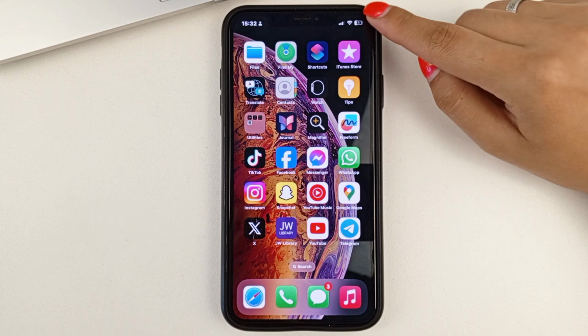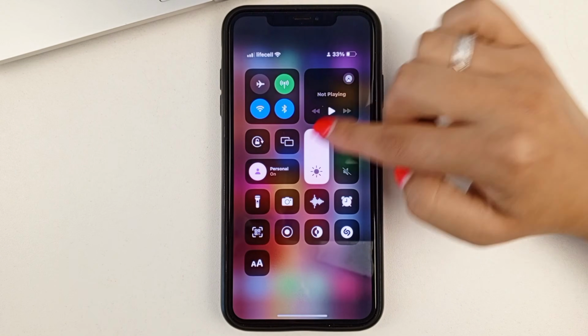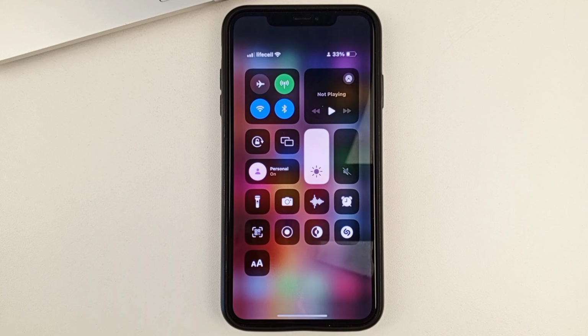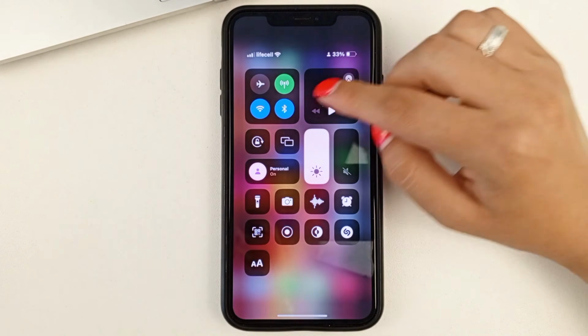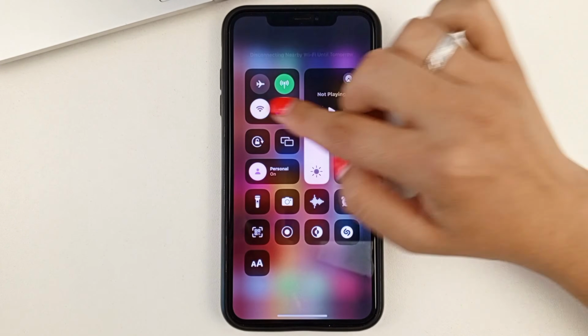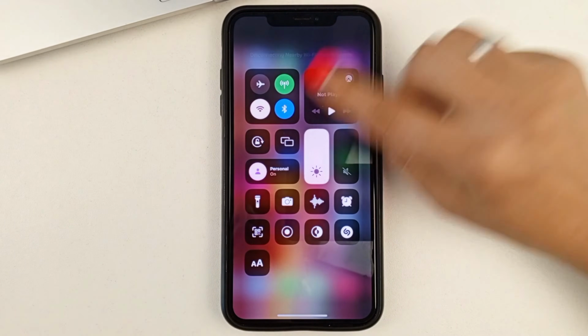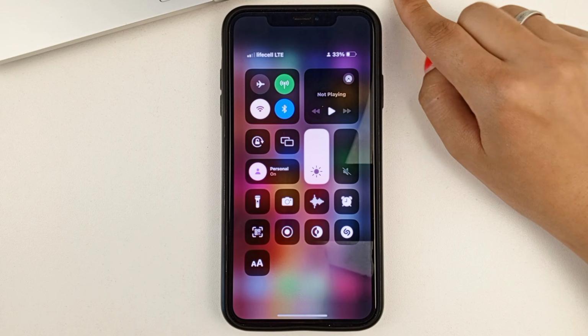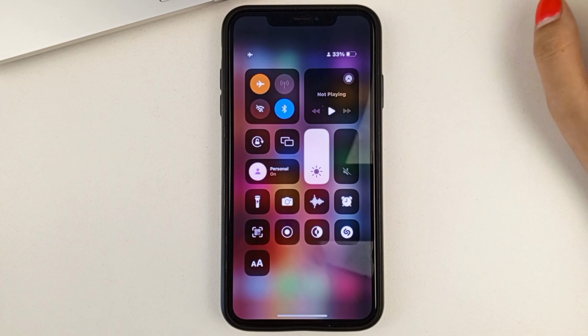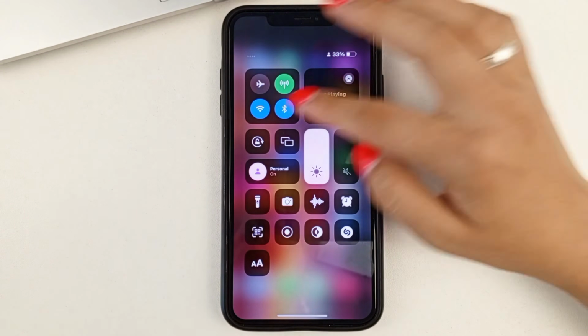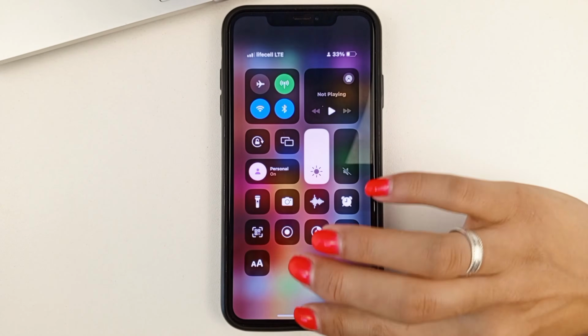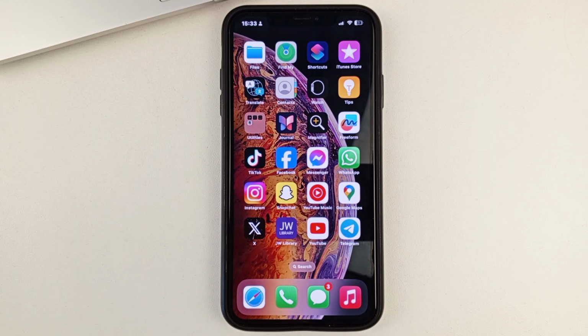To do this, you will need to swipe from the right side from top to bottom. So you will go to Widgets and here you can switch, for example, turn off Wi-Fi and use only mobile data, or vice versa. Or you can just turn on airplane mode, leave it on for a few seconds, then turn airplane mode off, and then maybe your problem will be solved. Because it often happens that something went wrong because of a bad connection to the internet.